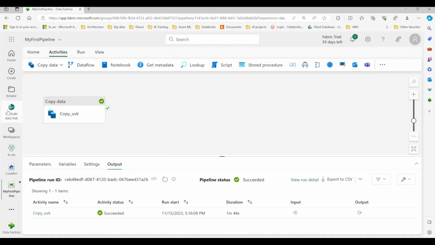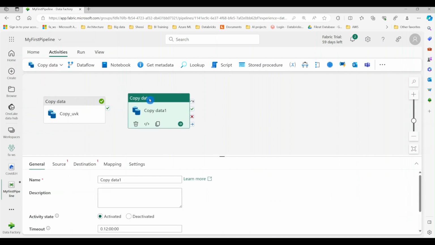All right, now that we know how to create a simple copy activity, we'll do something slightly more complex. So I'm going to ingest an Azure SQL table to Lakehouse. I have created an Azure SQL database, AdventureWorks, on the base of the AdventureWorks sample database, and I'm going to ingest one of the tables from that database. So I'll go ahead and add another copy activity here to my pipeline, and I'll name this activity